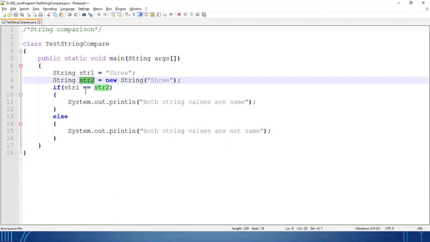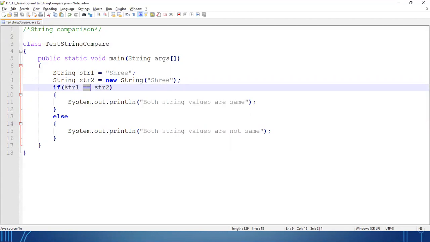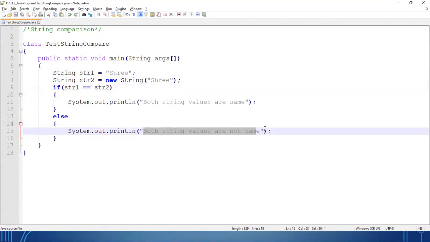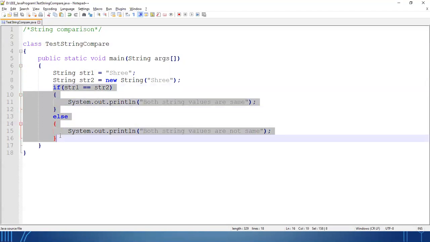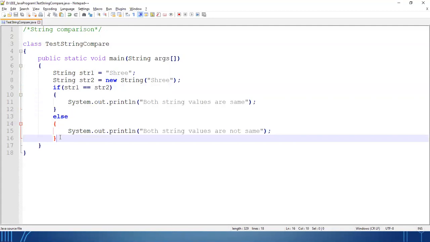But while using the double equals operator, you are not accessing the members of the object; you are accessing and comparing the address, the hexadecimal number allocated by the JVM. Obviously both object references will be different, so that's why this if will return false and our else will be executed, that both string values are not same. Clear?